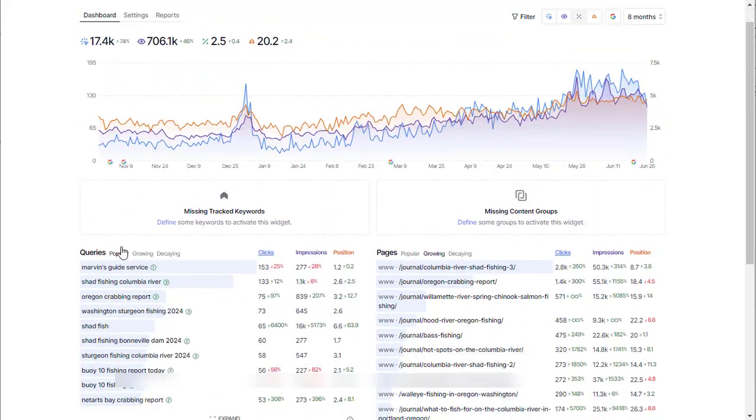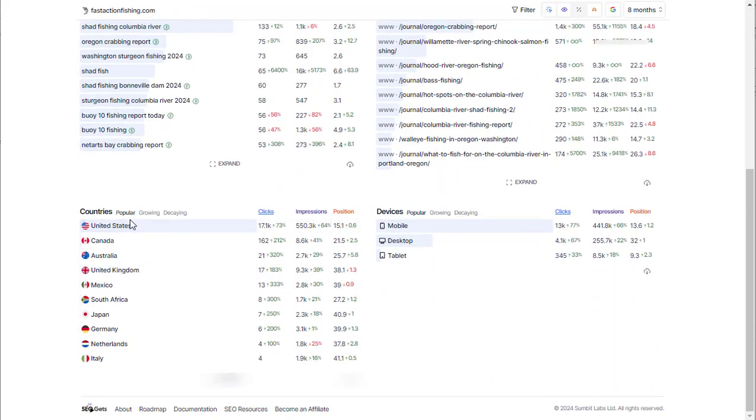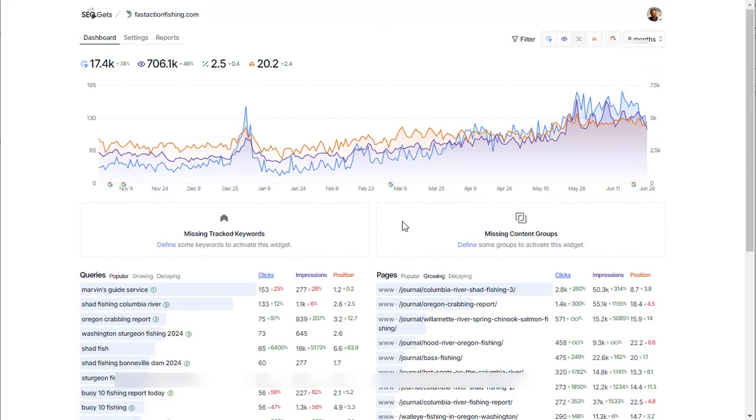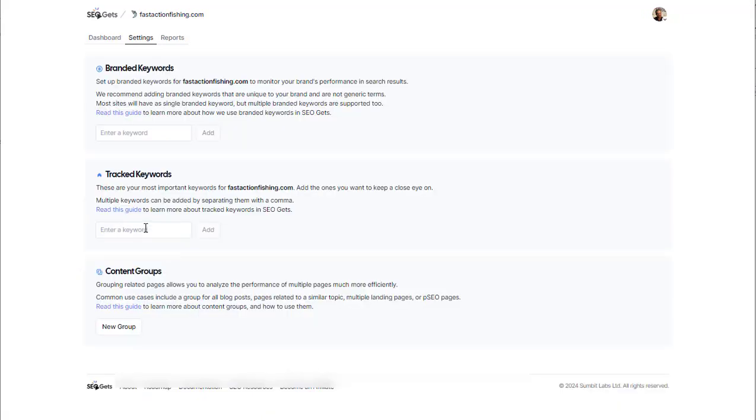I can also go over here to all the search queries, geographic stuff, countries, mobile, desktop, tablet, all Google Search Console data. One of the really cool things is keywords. This does a really intelligent job of telling you what you want to track. So I can go here to define. Now, he is a fishing guide, so I can just put salmon. Sure, I can put lots of exact keywords separated by commas, but in this case, I just want to add